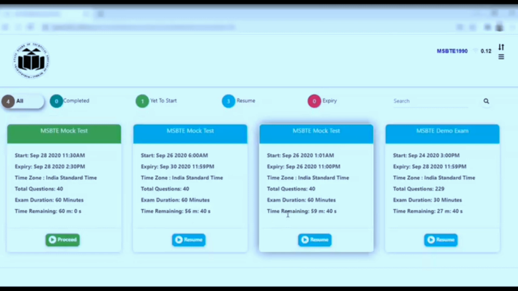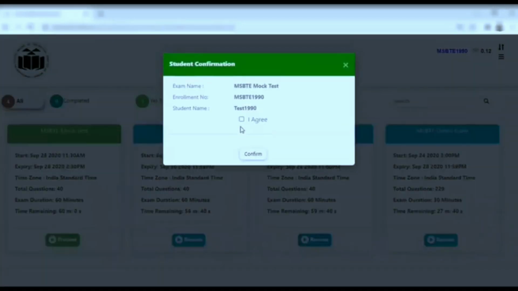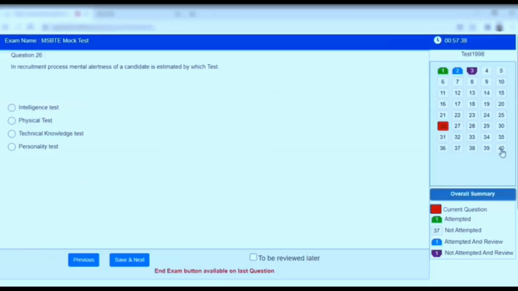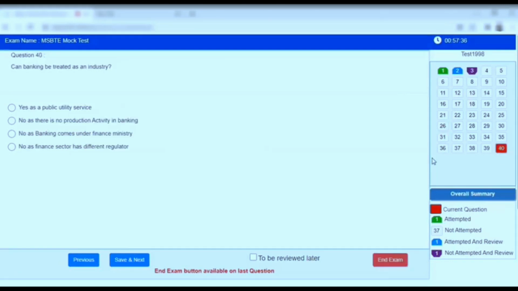In this case, once I click on resume button, I can start the exam at the point I left. Also, my answer data will be intact there. As you can see, all the answers that I have given before are available, and I have not lost any